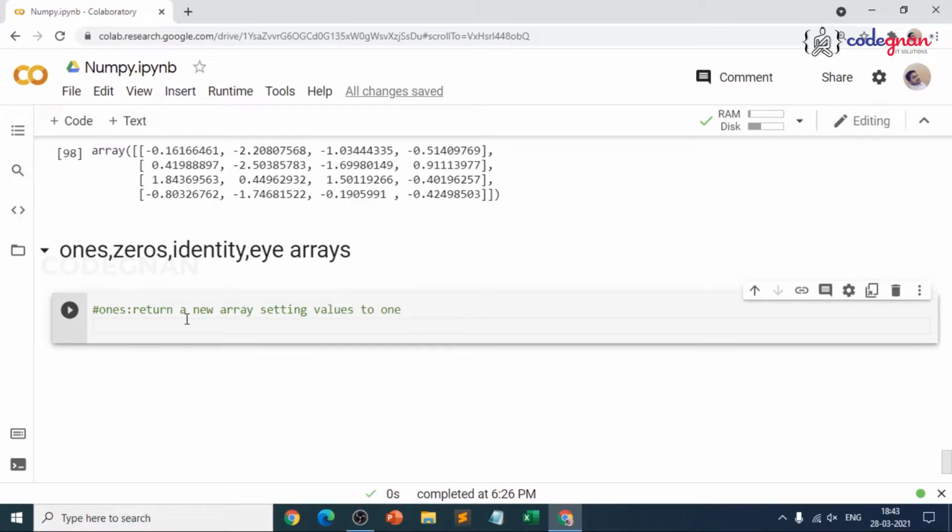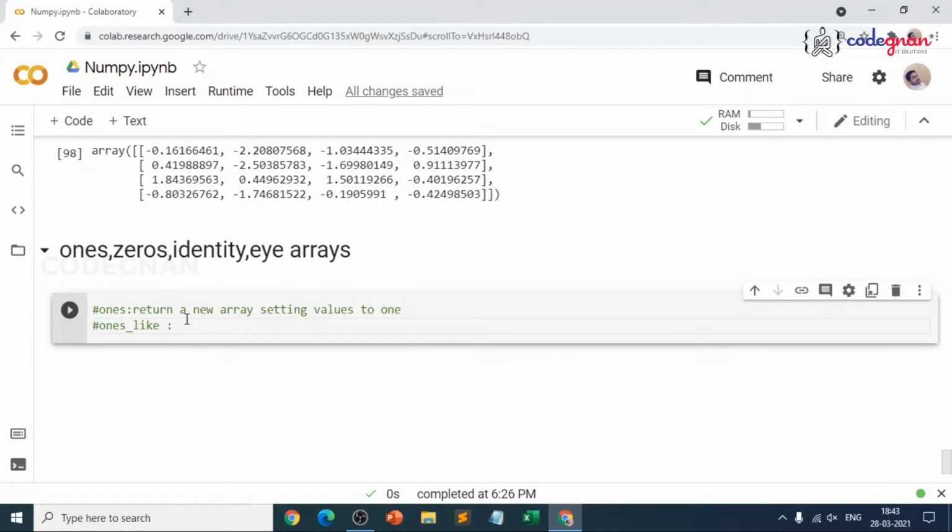And the other thing we can do with ones is, if we have an array with the same shape and type, we can automatically convert it into a ones array. That's where we'll use ones_like. The same thing can be done for zeros, and we also have another type of array which is full, where we can fill the values inside the array with our defined value.